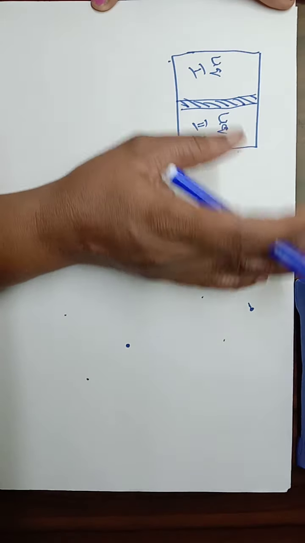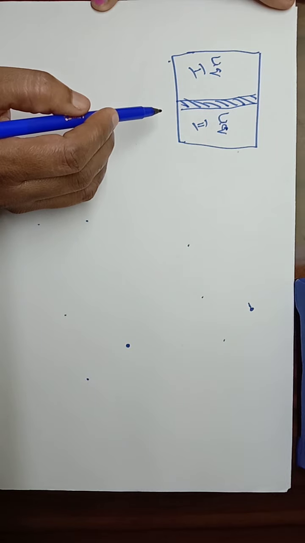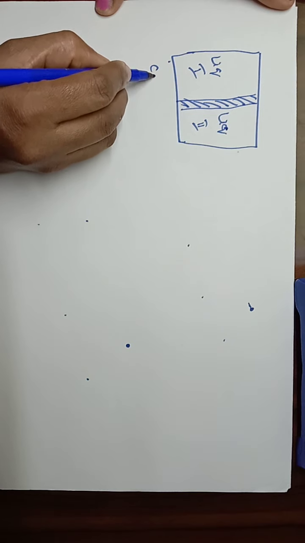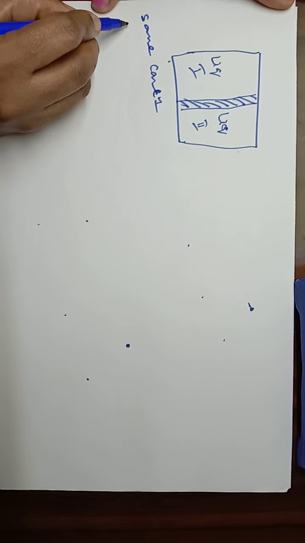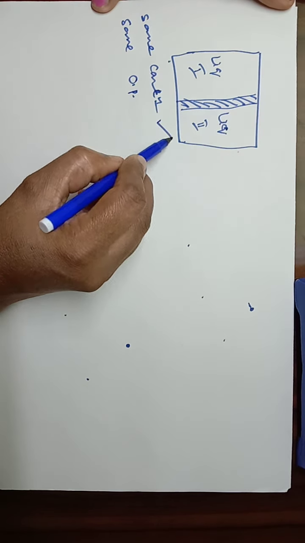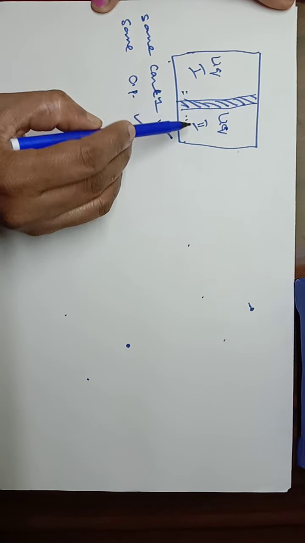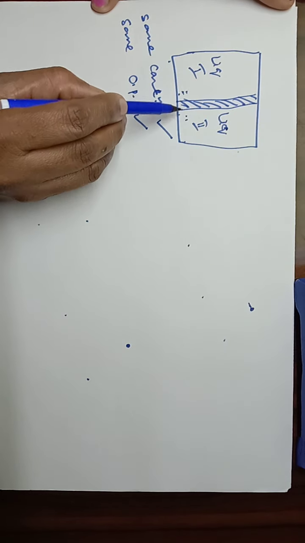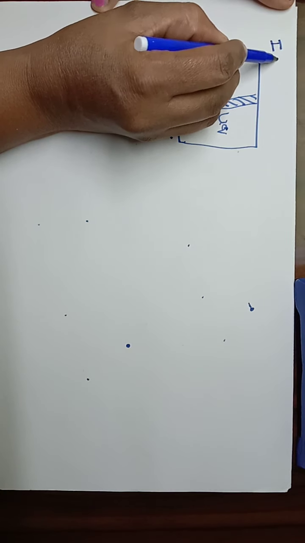Even though there is a semi-permeable membrane, there is no movement of solvent particles from one liquid into the other liquid, because these two liquids have the same concentration and also the same osmotic pressure. So due to the same concentration and the same osmotic pressure, between these two liquids no movement of solvent particles takes place. So such a set of two liquids can be taken as isotonic solutions.